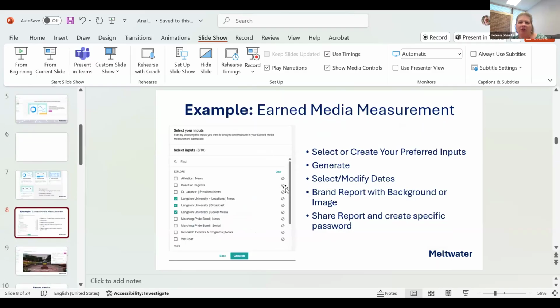This is an example of how to start an earned media measurement dashboard. In a lot of these media intelligence platforms, you'll have different things that you look for. For the week, the monthly one we focus on broadcast, which can be radio or TV, and that can be local, statewide, or national. It can even be international. News is usually going to be online news. And then social media obviously is mentions, and all of these are based on our institution being mentioned in that media.